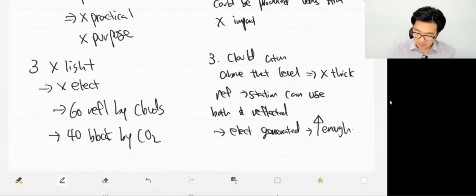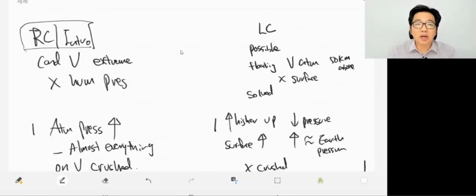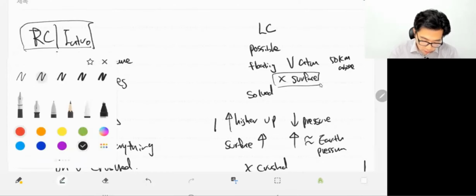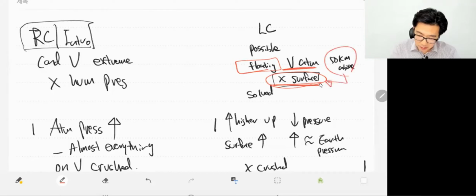Okay, how much did you get? I'm pretty confident. Let's go through it together. So in the introductory paragraph in the listening, basically the lecturer said it may be impossible at the surface level, on Venus's surface. But if we have a floating station 50 kilometers above Venus's surface, in the Venus atmosphere,